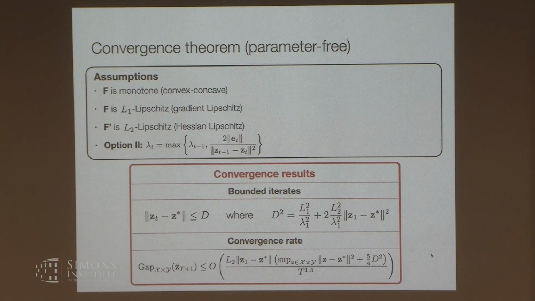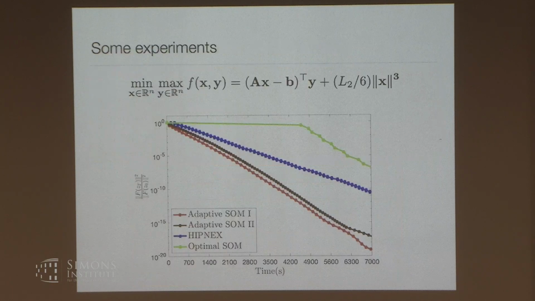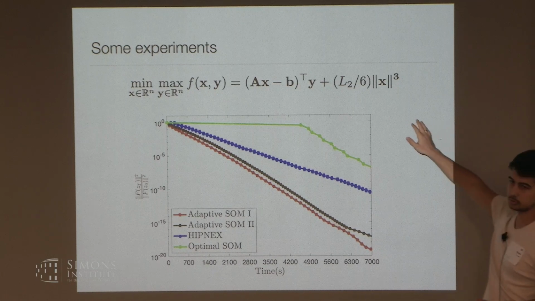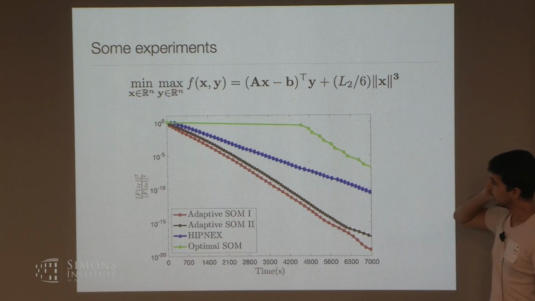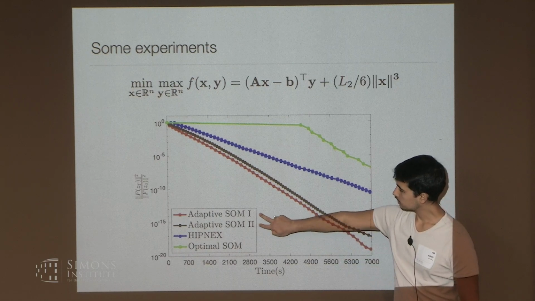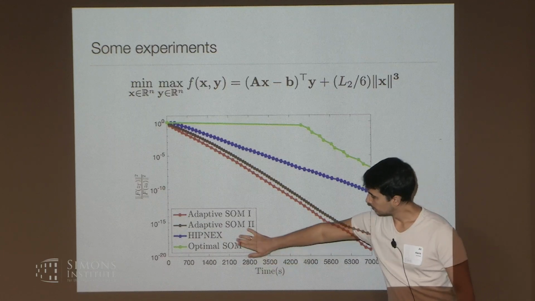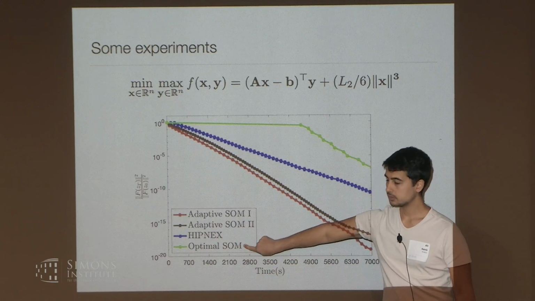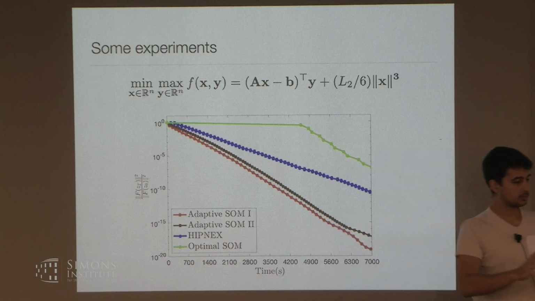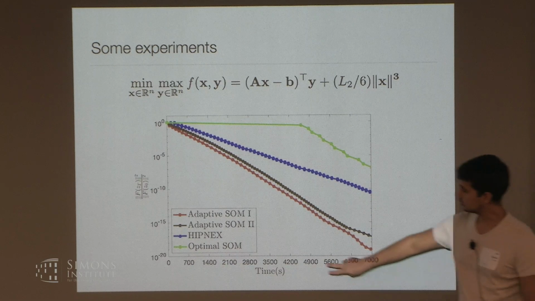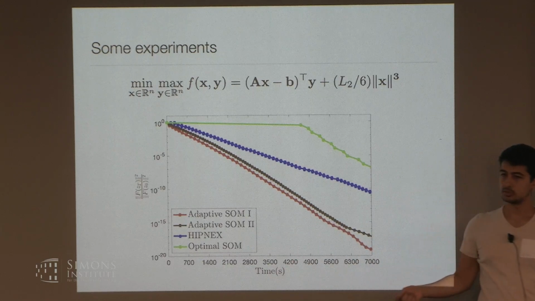So let me finish off with some experimental results and a few remarks about how this adaptive strategy might be important. Here we just want to solve a very simple min-max problem, and our assumptions are going to hold for the second order Lipschitzness. What you see is our methods. This is our method where we know the Lipschitz constants. This is the parameter-free method. This one is a line search method, and this is a hybrid between a parameter-free and the line search. Both of these methods are going to spend additional iterations to compute a